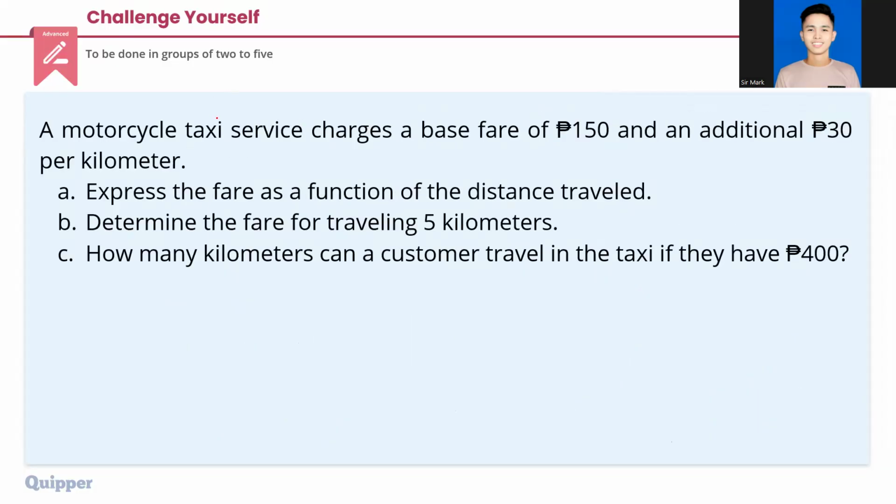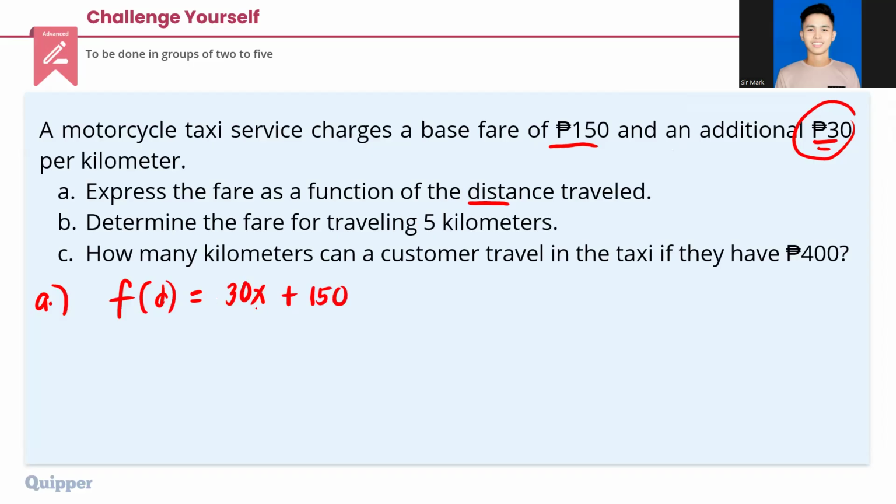Okay. A motorcycle taxi service charges a base fare of 150 pesos and an additional 30 pesos per kilometer. So per kilometer, an additional 30 pesos. For letter A, express the fare as a function of the distance traveled. So we need to produce a function, let's say f of d. D stands for the distance traveled. The base fare is 150, and an additional 30 per kilometer. So we'll have 30x,